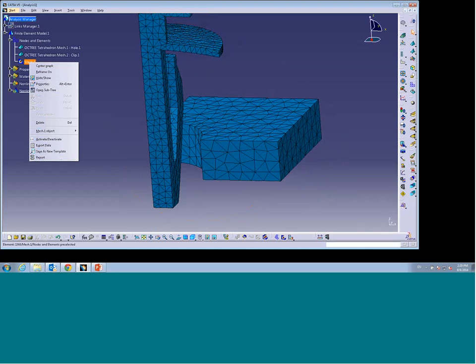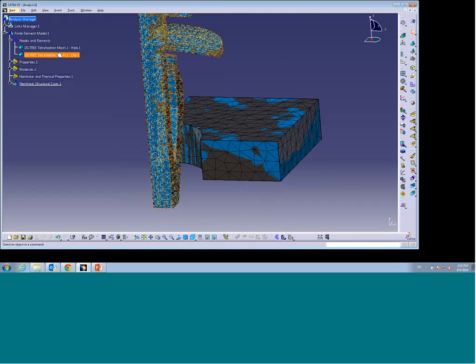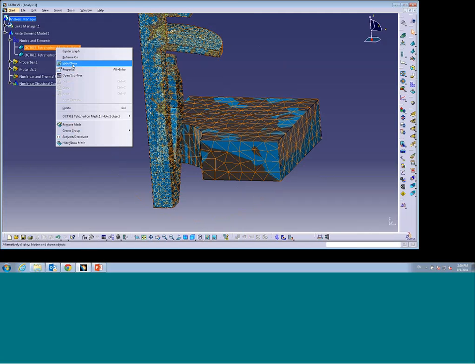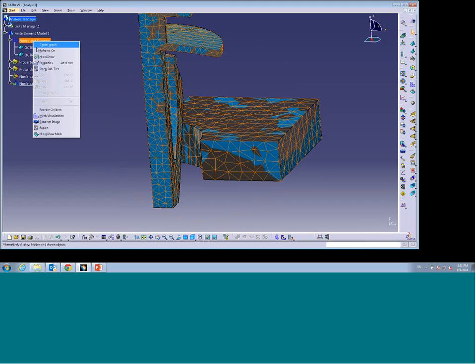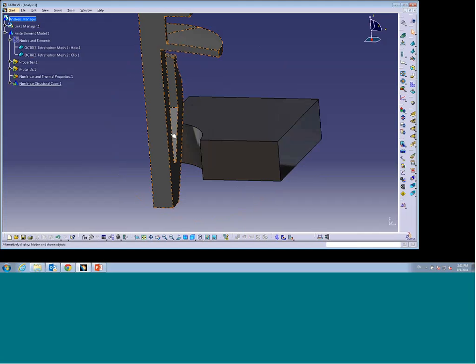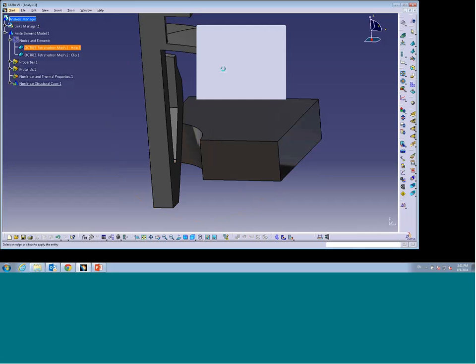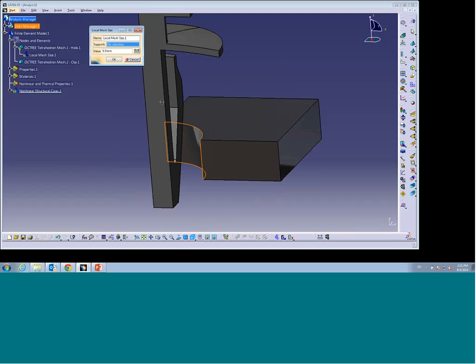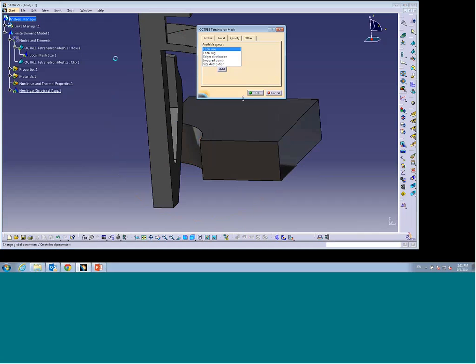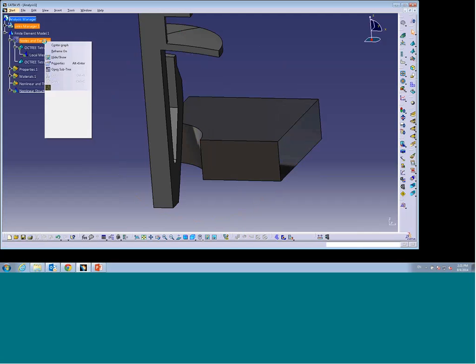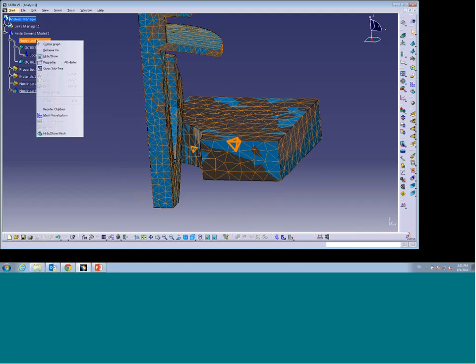Okay, I'm going to delete the image, and I'll deactivate. I'll hide and show. Actually, right-click, hide and show. And I'm going to change the setting, the local setting for that area. So I'll do local size, add. Click on the surface, and I'll use the same value as I did for the clip, which is 0.5 millimeter element size. Okay, so unhide,